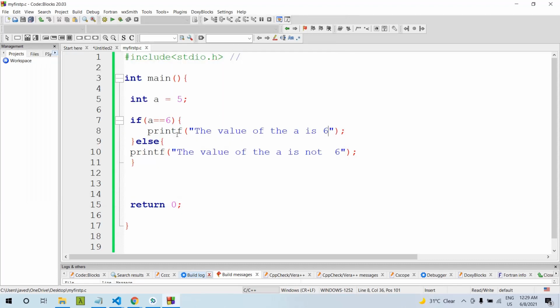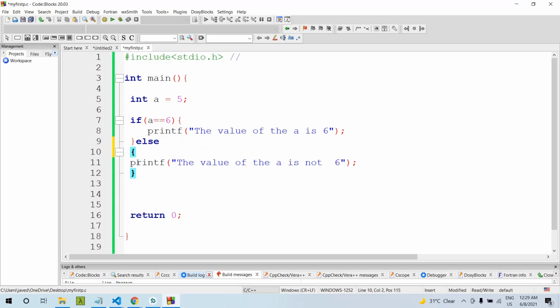It means if a is equal to 6, this statement will execute, otherwise this statement will be executed. Now we can see that this condition is false, because a is not equal to 6. The value of a is 5. So this is if else.